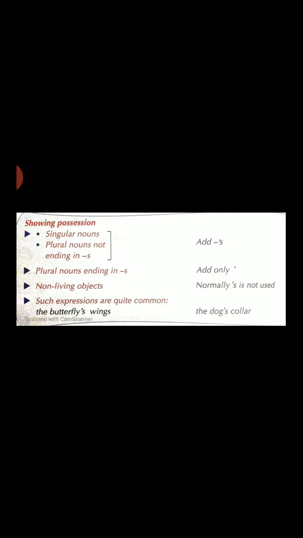Always remember one thing, students, that the possessive case is mainly used with the names of living things. For example, the tail of dog, dog's tail, elephant's ear, butterfly's wings, the dog's collar. And we use preposition of for expressing the possessive case of non-living things. For example, we will never write the car's tire. It is always written as the tire of the car. We will never write the coat's button. It is always written as the button of the coat.